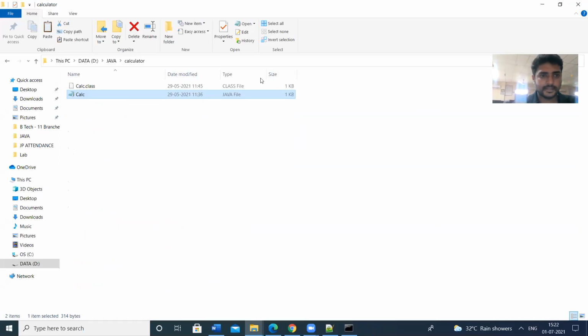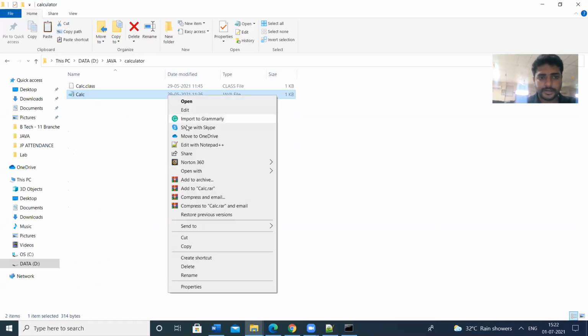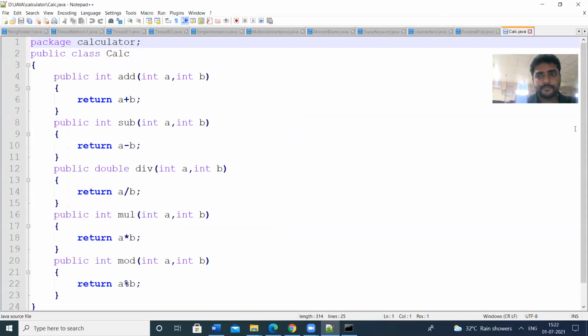So let us open in the edit plus so that you can identify the colors very easily. So now you are going to create your own package. The syntax for creation of the package is: the first statement in the program should be like this: package, package name.